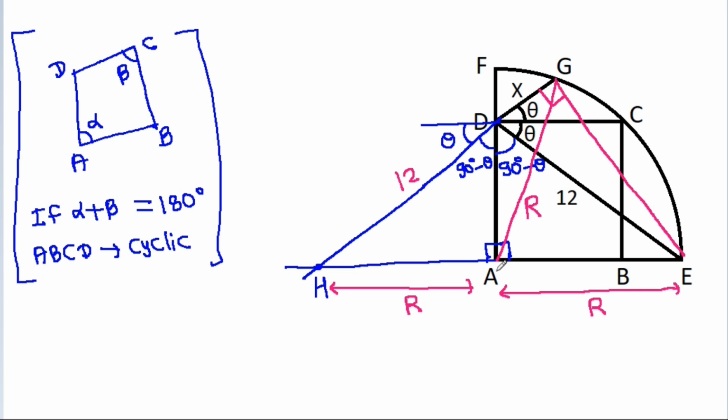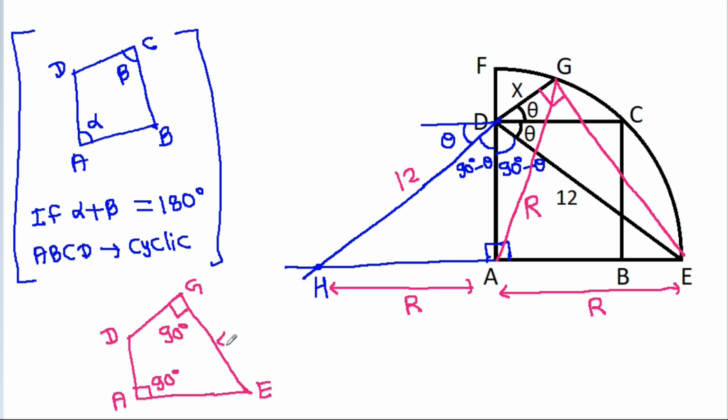And here in ADGE, it is A, D, G, E. This angle is 90 degree and this angle is 90 degree. So ADGE will be cyclic. That means we can draw a circle around ADGE